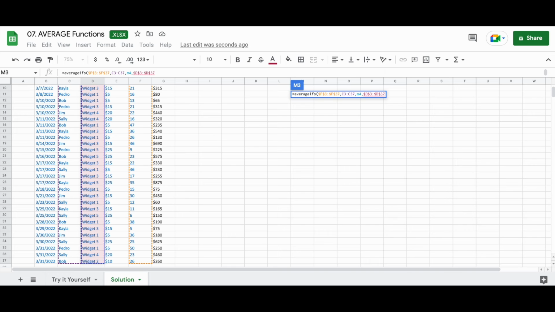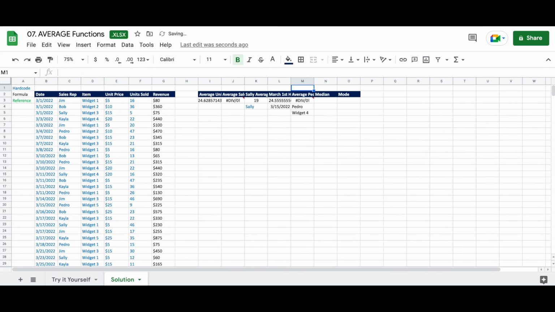Go ahead and lock that. And then comma M5. And we'll close our parentheses. So what we see here is there's an error, meaning that Pedro didn't sell any widget 4s in the month of March. So now let's flip it and let's see what Jim sold for widget 4. So the average order size for widget 4 for Jim in March was 22.